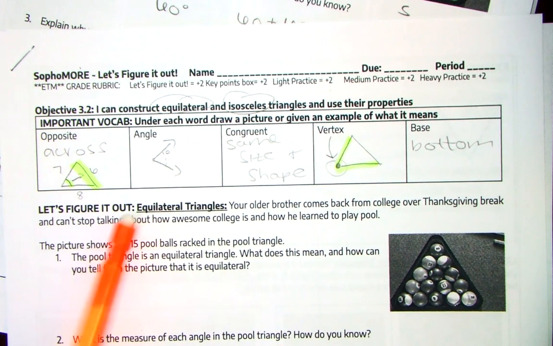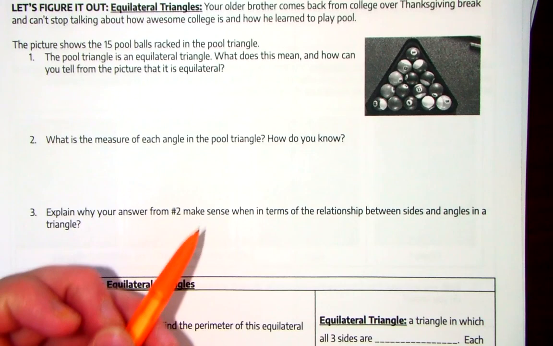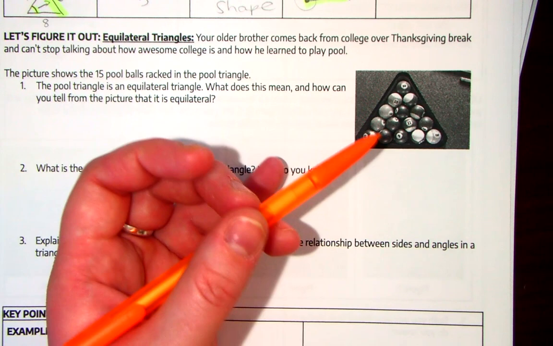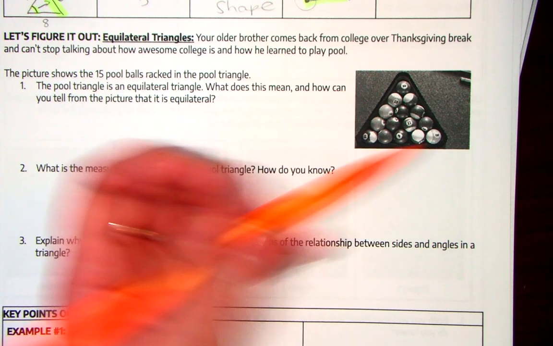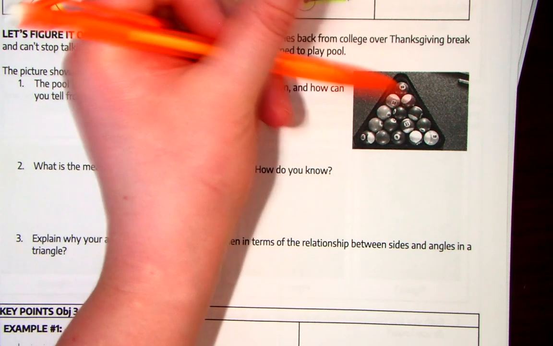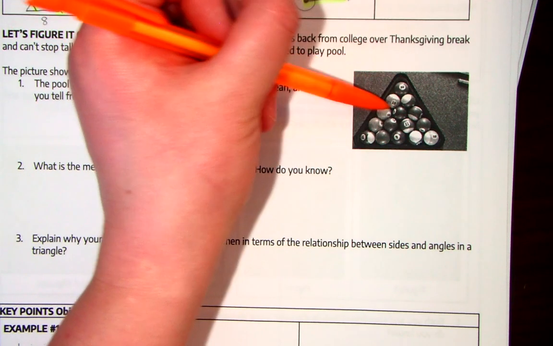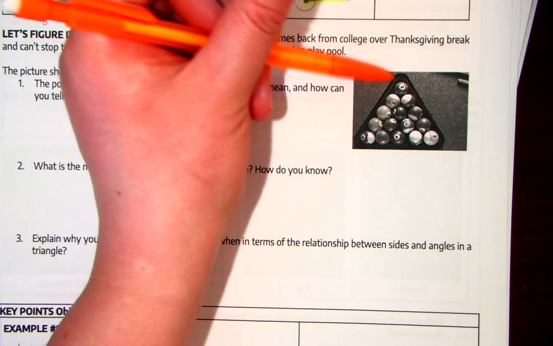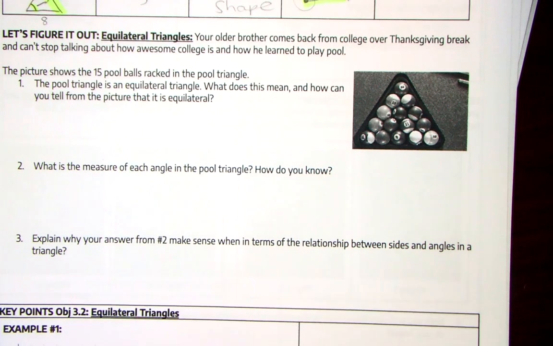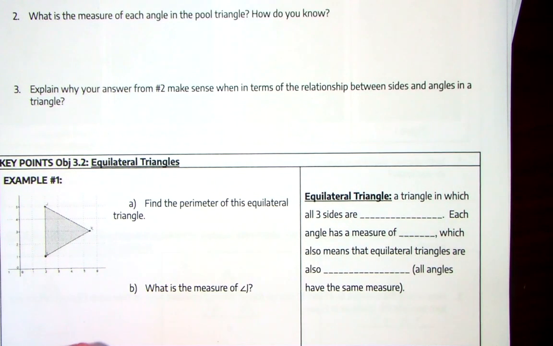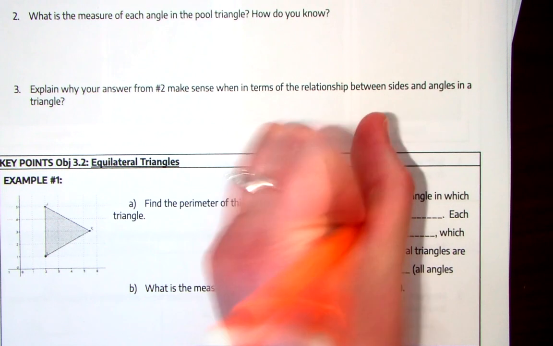So we're going to explore equilateral triangles first. We talked about this a little bit in class, but just really quickly, if you like to play pool, I like to play pool, an equilateral triangle shows up when you rack the pool balls. Because look at this. When I rack all the balls inside of this, this becomes an equilateral triangle because look, 1, 2, 3, 4, 5, 1, 2, 3, 4, 5, 1, 2, 3, 4, 5. All three sides there are the same. So an equilateral triangle is a triangle in which all three sides are congruent,